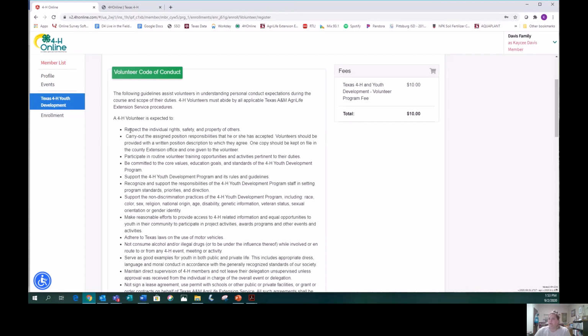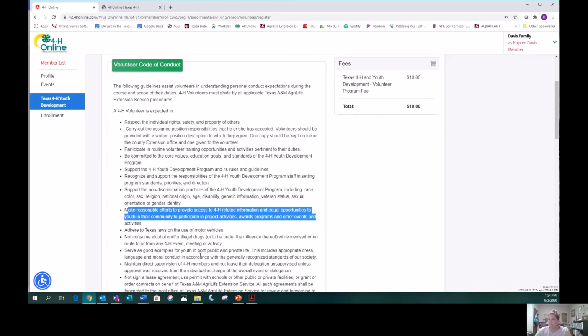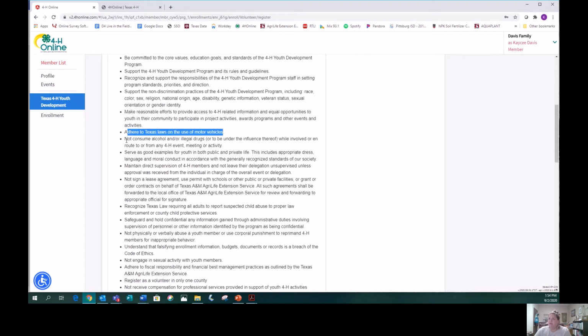As a volunteer, you should be expected to respect individuals' rights, carry out assigned position responsibilities that you've accepted, participate in routine volunteer training opportunities, be committed to the core values, education, goals, standards, 4-H youth development, support our program and our rules and guidelines, recognize the responsibilities of the 4-H youth development program staff, including myself, support non-discrimination practices, make reasonable efforts to provide access and equal opportunity for everyone, adhere to Texas laws, do not consume alcohol or illegal drugs, shouldn't be a problem, serve as a good example for youth, maintain direct supervision of 4-H members when